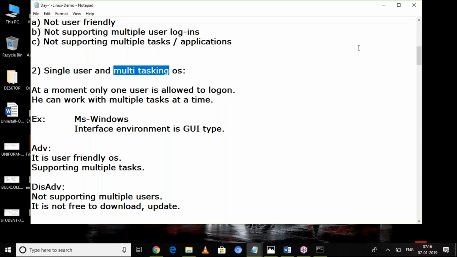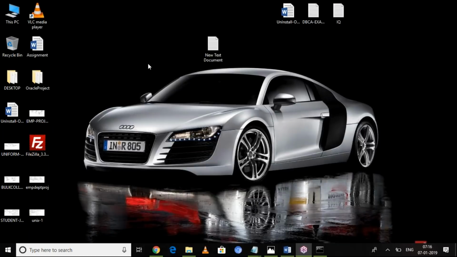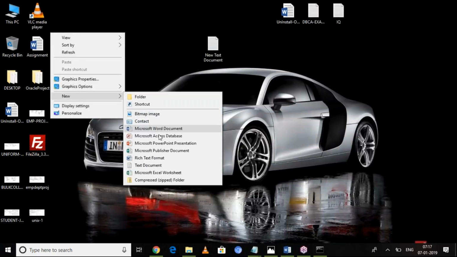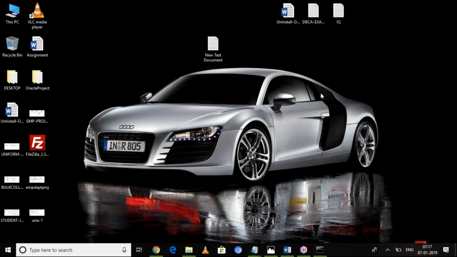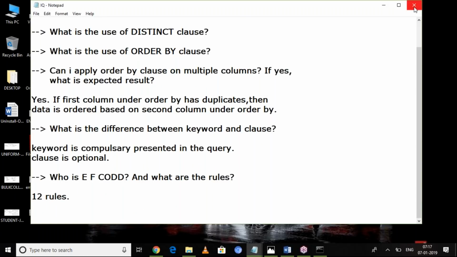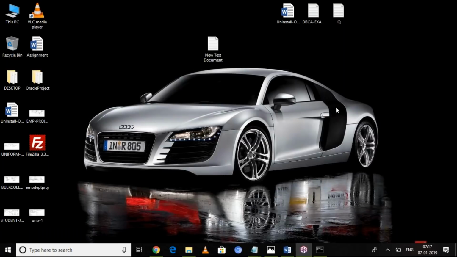Okay, what is the benefit of the Windows operating system over DOS? See, here are the advantages. I want to create a file. Just right click, select New, and select any of your creations here. Suppose I want to see data from a file. So if I want to see data from a file here, this is the data. Just double click it. No need to execute commands.